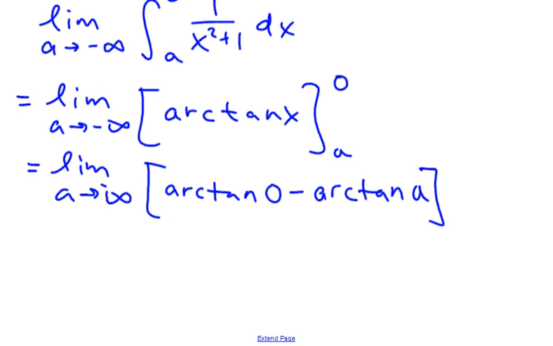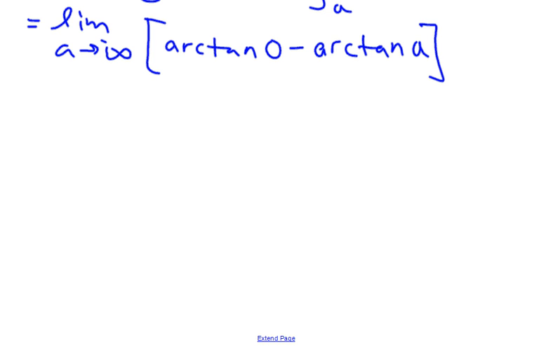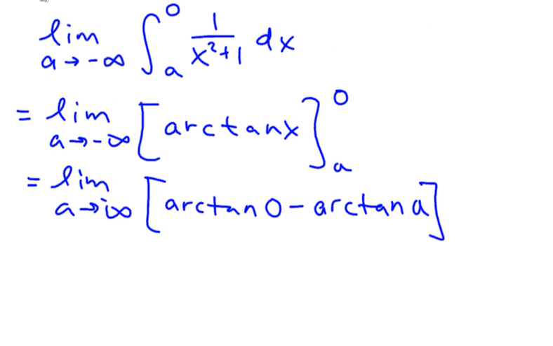Okay, so arctangent is the inverse of tangent, so it means at what angle is tangent equal to 0, which is just going to be 0. Now where this gets a little tricky is the limit as a approaches negative infinity of arctangent of a. So that is as arctangent approaches negative infinity. Now, arctangent is, remember, the